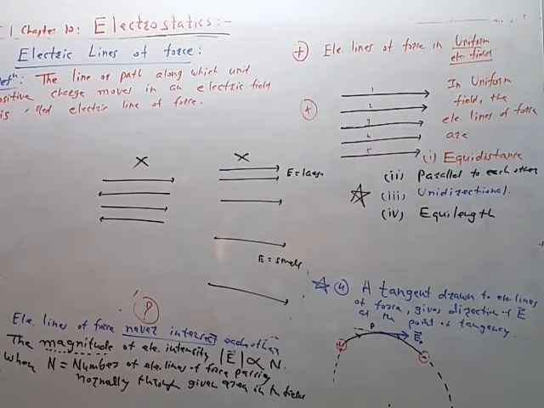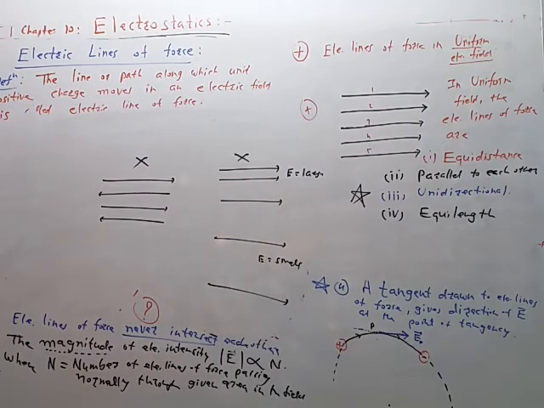Same properties of magnetic lines of forces are used. So magnetic field also will be uniform if the magnetic lines of forces are equidistant, parallel to each other, unidirectional and equilength. Only the change is: electric lines of forces start from positive and end on negative, the first property. Magnetic lines of forces start from the north pole and end on the south pole. म्हणजे पॉझिटिव्ह चार्जेस ऐवजी तिथे आपल्याला नॉर्थ पोल घ्यावा लागतो आणि निगेटिव्ह चार्जच्या ऐवजी आपल्याला तिथे साऊथ पोल घ्यावा लागतो. बाकी प्रॉपर्टी अशाच आहेत, लक्षात. Start from N pole, end on south pole, never intersect each other.